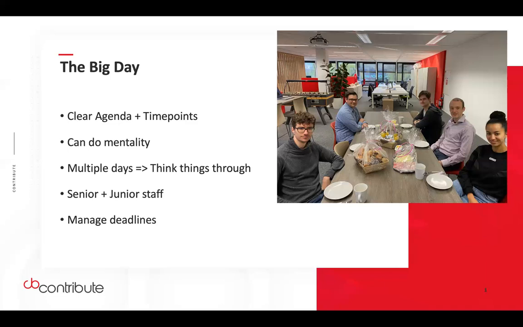Manage deadlines, very importantly also, of course, because we can build all kinds of things, and you can really jump into the little things and make everything pixel perfect, but that's not the purpose of this hackathon. The purpose was to build, to give some functionality, to give some features. So whether or not it's pixel perfect, that wasn't too much of a headache. So managing deadlines, saying, okay, in this sprint we're going to build that, and it should be finished in that sprint. Next sprint we build something else, so that people over there can see the things moving, changing, and being able to adapt to it and see the new things over there.